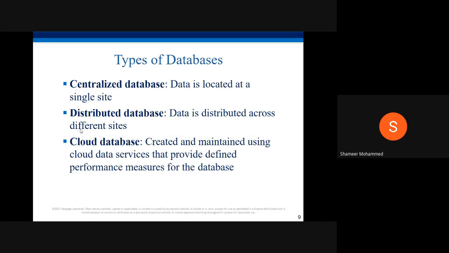The last one, the cloud database, is on the internet. You are creating and maintaining it using cloud database services. These are the different types of databases available.